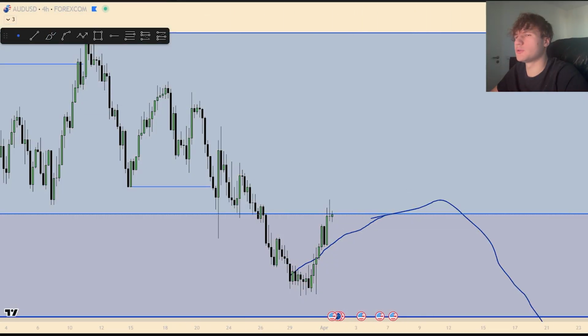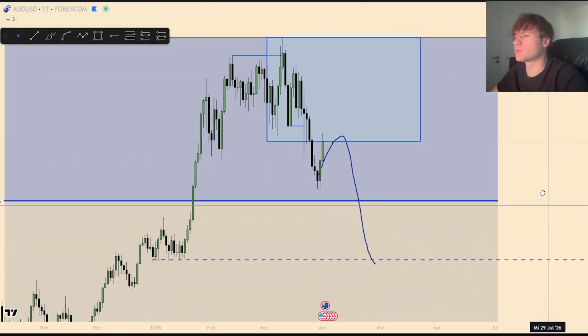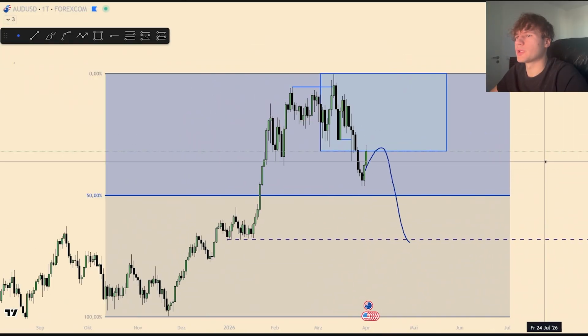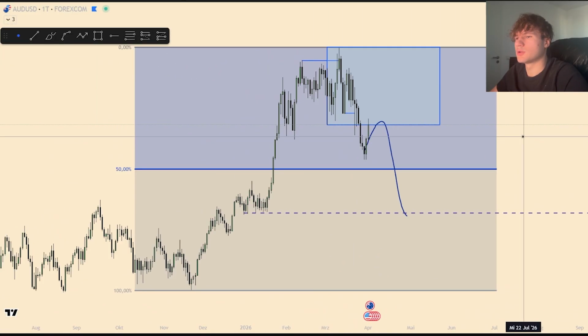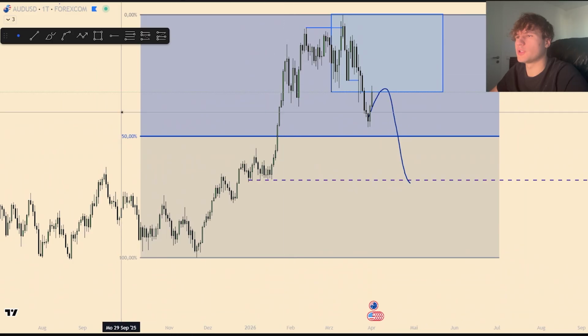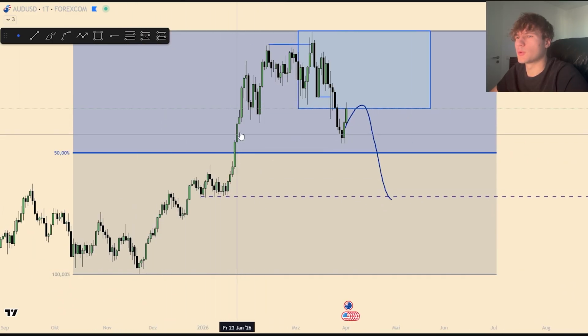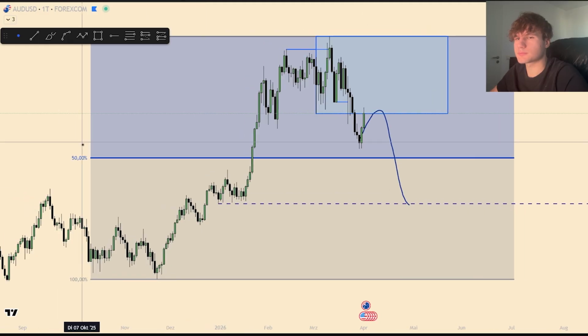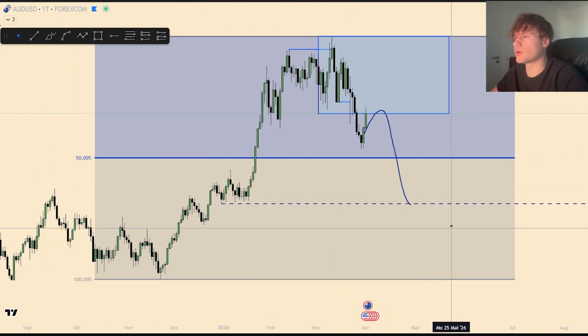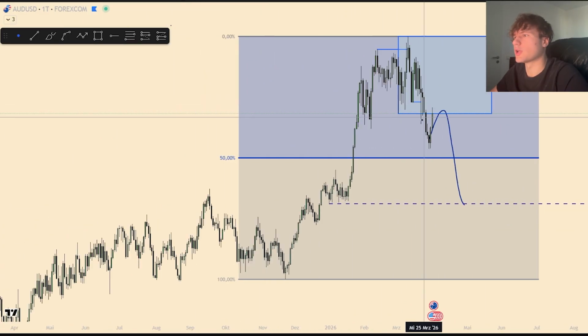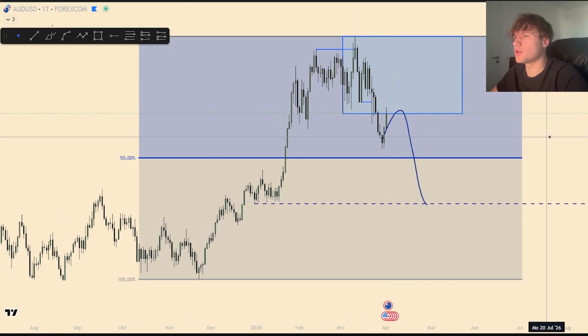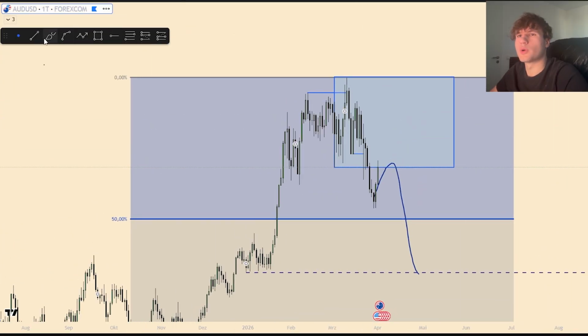Moving on to AUD USD. AUD USD is one of the cleanest ones out there. This is just a sell. We are overextended, and we are going to look to liquidate these lows here and to reach the 0.5 fib, and we are in a retracement, and we had this